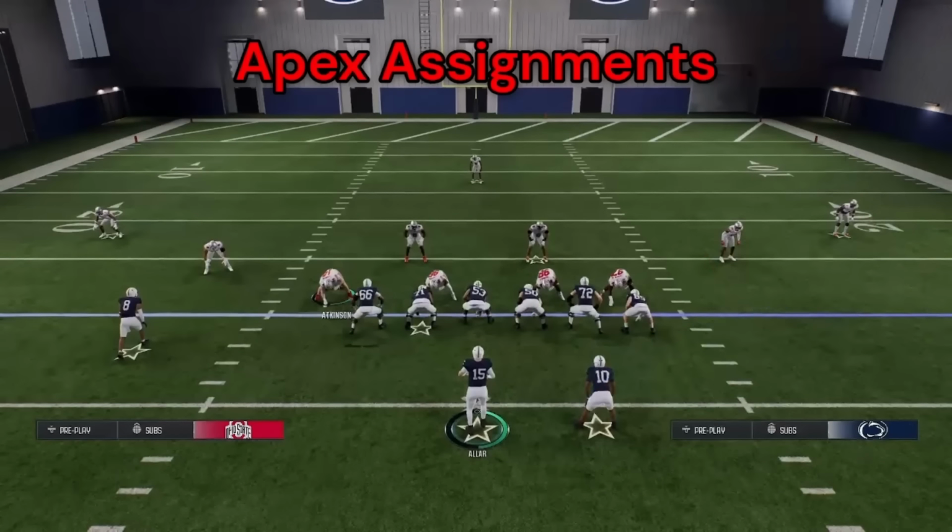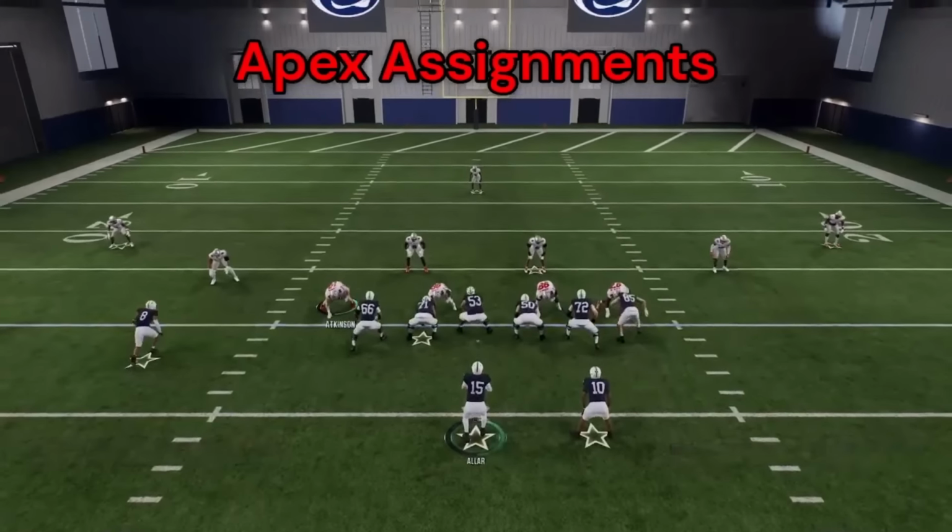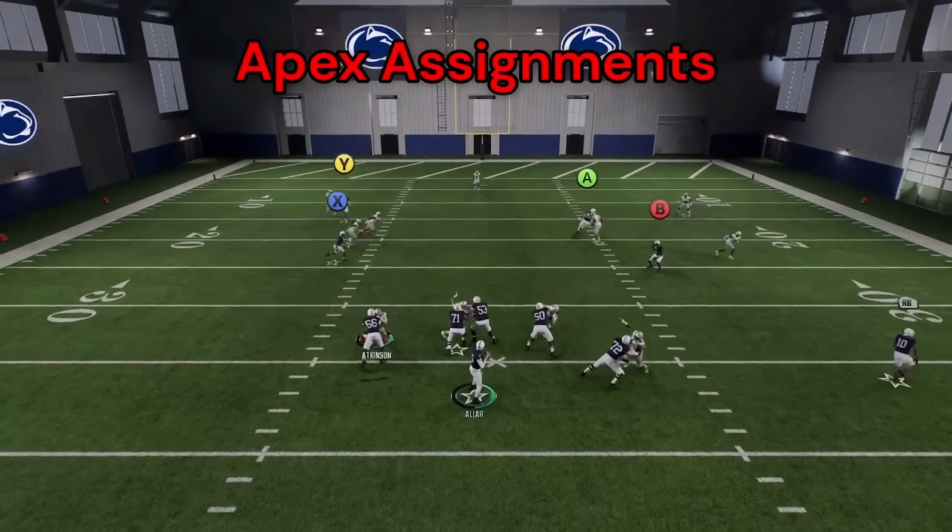So instead, what you want to do is attack it with top-down leverage and meet him in the flat, because then you're getting in the way of the curl route as you're working your way down to collect the running back. Now, we already know that we do not have our smash call, so we're not going to see that again, but I go ahead and